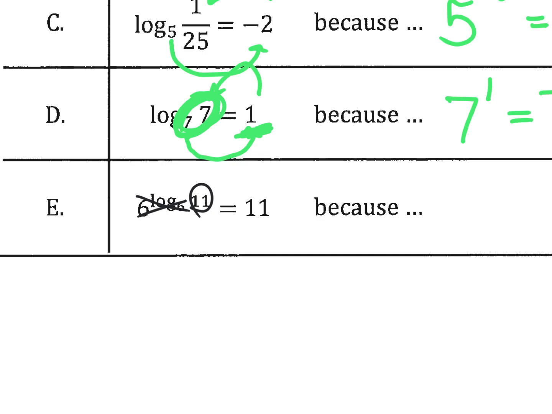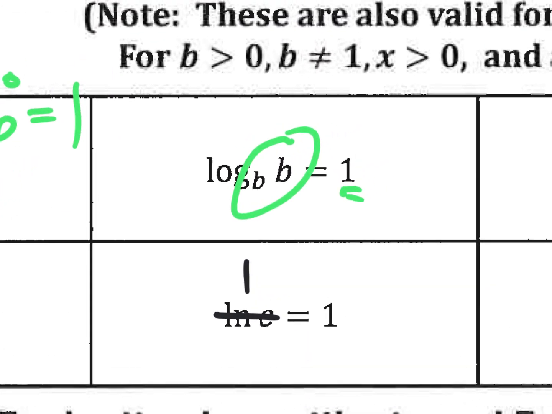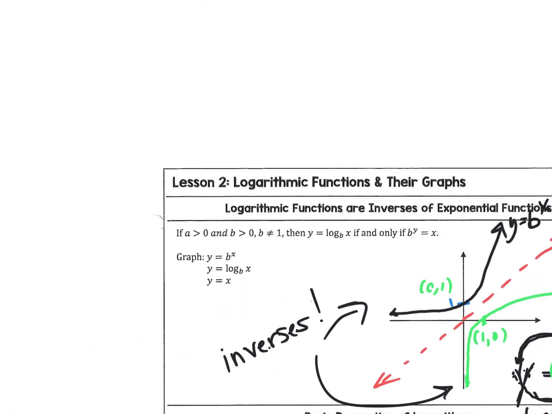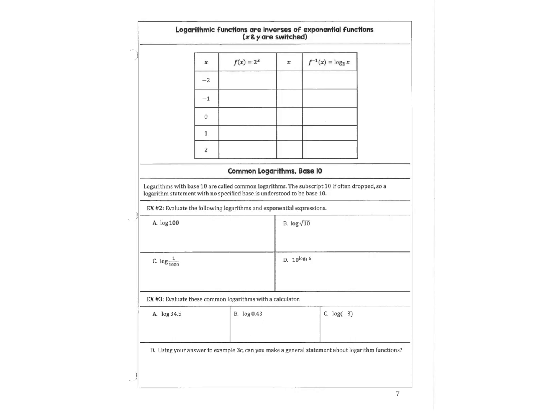Previous page. What did that property say log base b of b was? 1. So doesn't the log equation look like, if you look at this, what did that log function look like? This log function doesn't go into the negative numbers, does it? So do you see why you cannot take the log of a negative number? It's automatically. All right, so now,